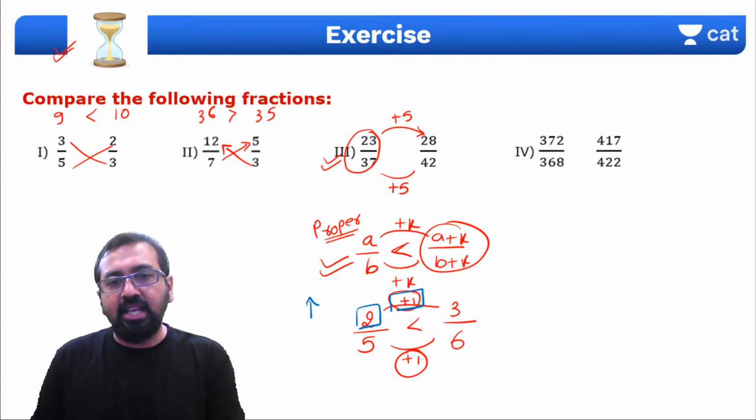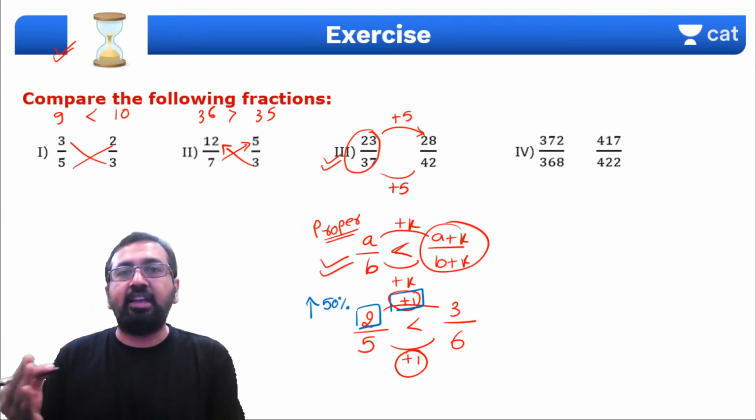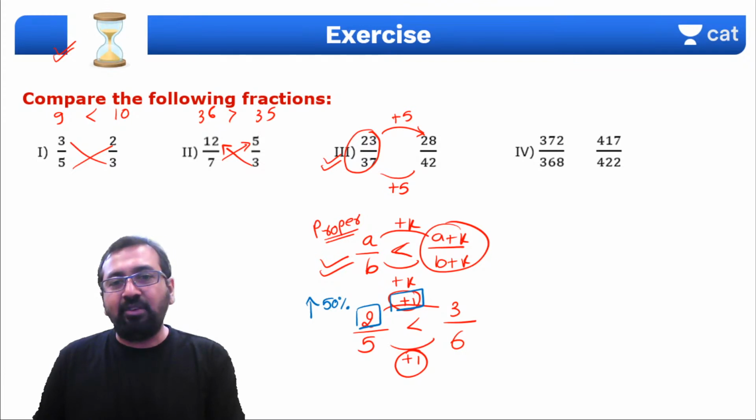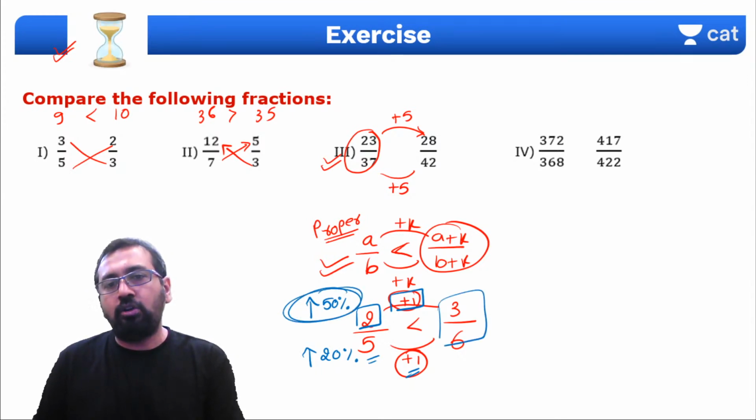Can I say 1 is 50% of 2, 1 is half of 2? That means we are increasing our numerator by 50%. In the same way, when I add 1 to denominator 5, I am increasing my denominator by 20%. Since I am increasing my numerator by a larger percentage, the resultant fraction will always be greater than